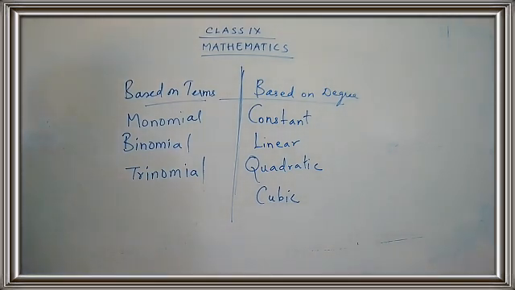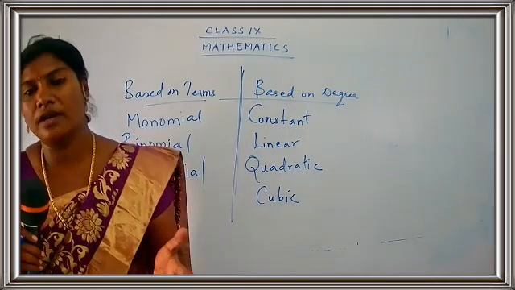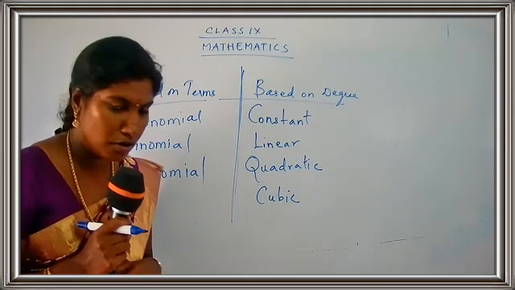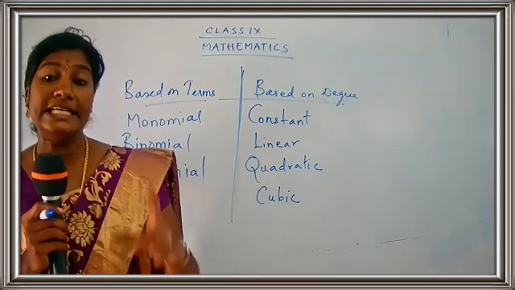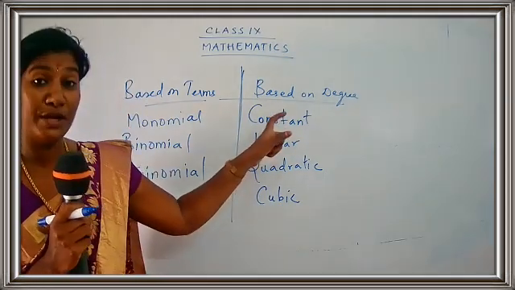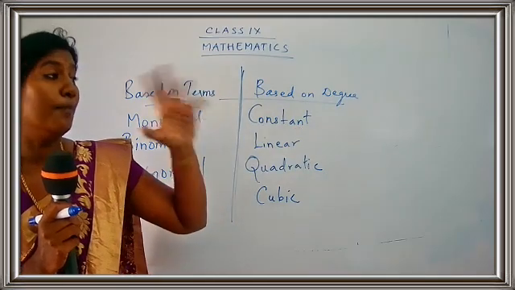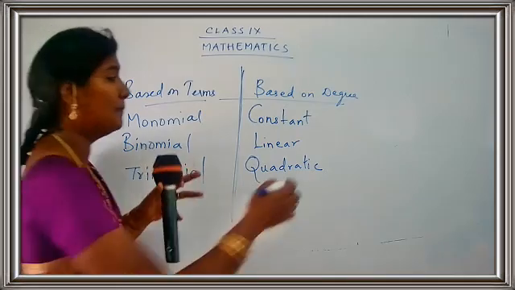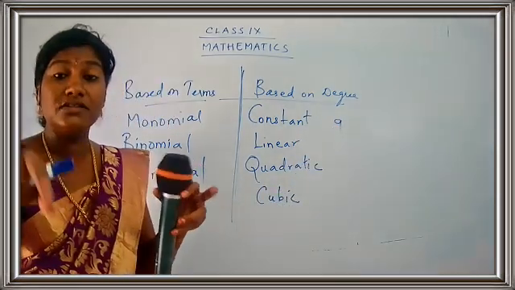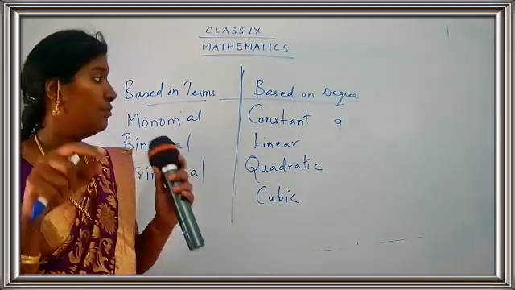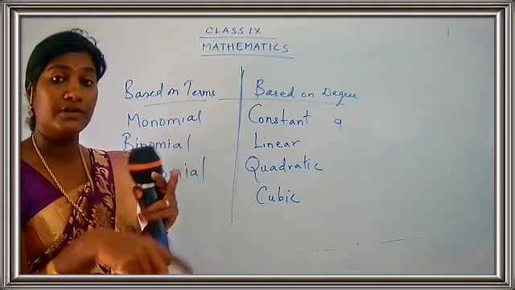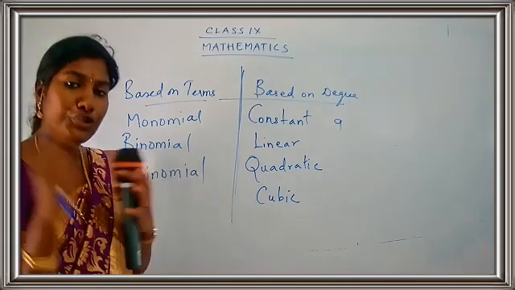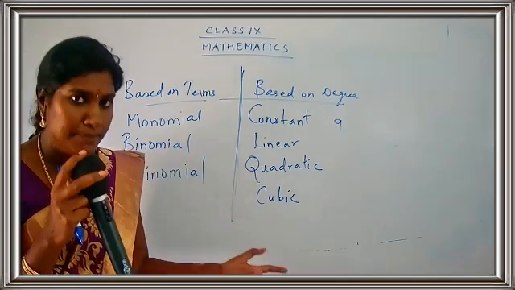So what is a constant polynomial? A polynomial with degree, here it was 0, yes. What is the meaning of constant? A polynomial with 0 degree. Remember children, do not get confused. Constant means a number. So, as I have told you, there is no degree for this. There is no power. So no power means no degree. So when a polynomial has 0 degree, you have to call it a constant polynomial.